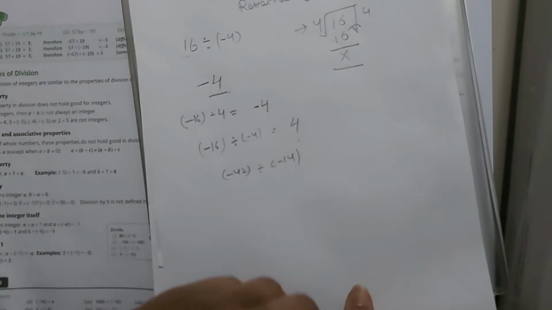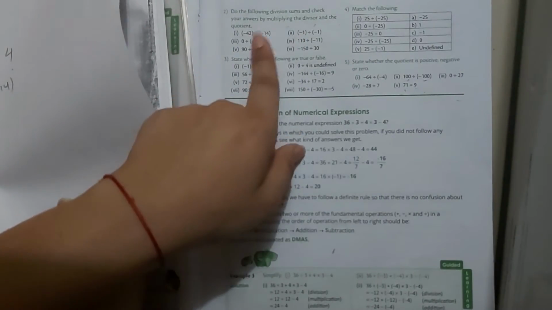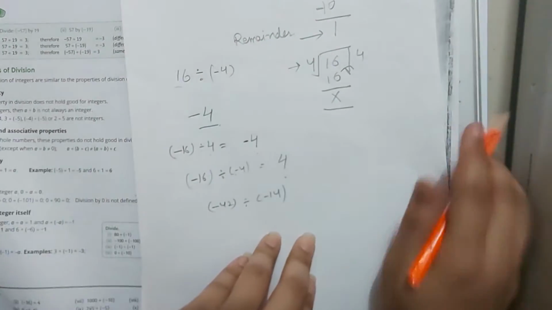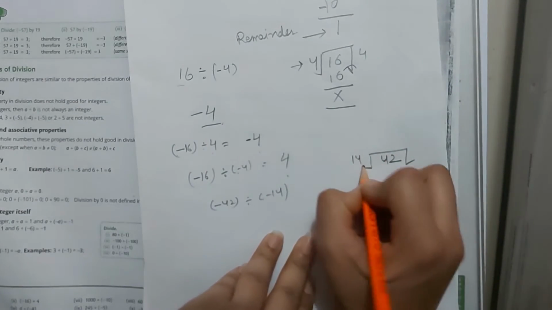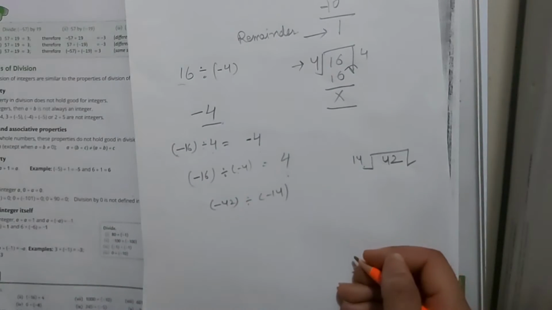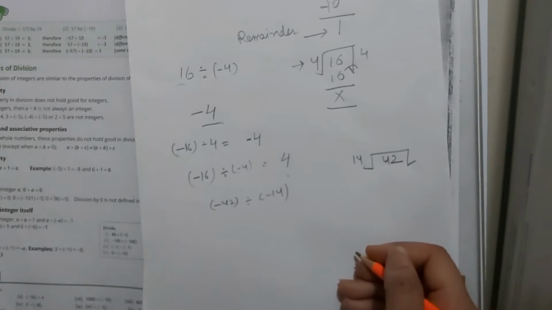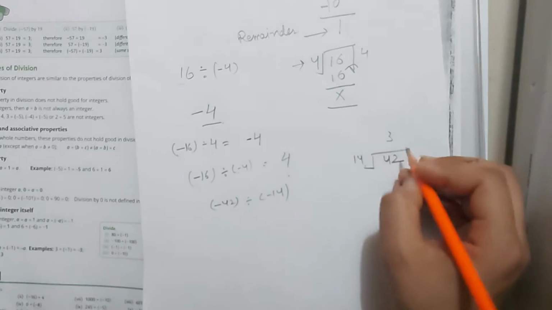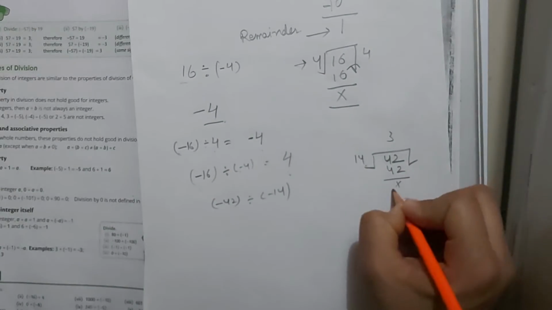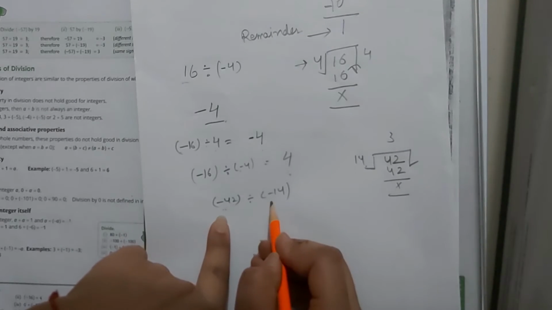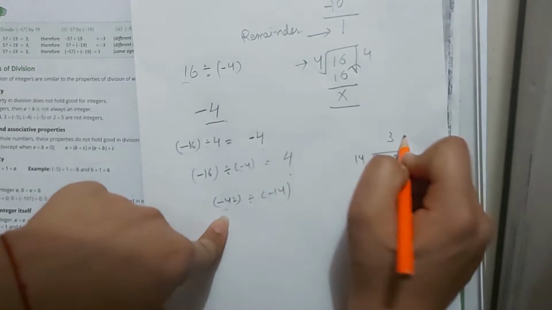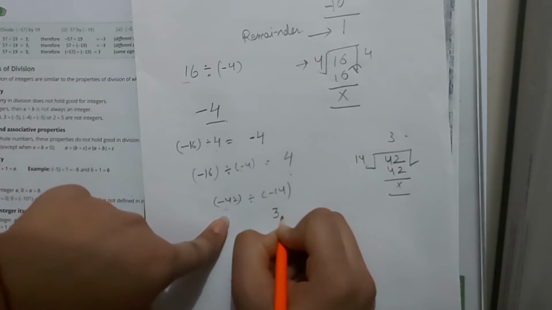They just said do the division and check your answer by multiplying divisor and quotient. So first let us divide 42 by 14. Reading the 42 table, 14 ones are 14, 14 twos are 28 and 14 threes are 42. Now we have read that if the sign of divisor and dividend is equal, then our quotient will be positive. So our answer is 3.